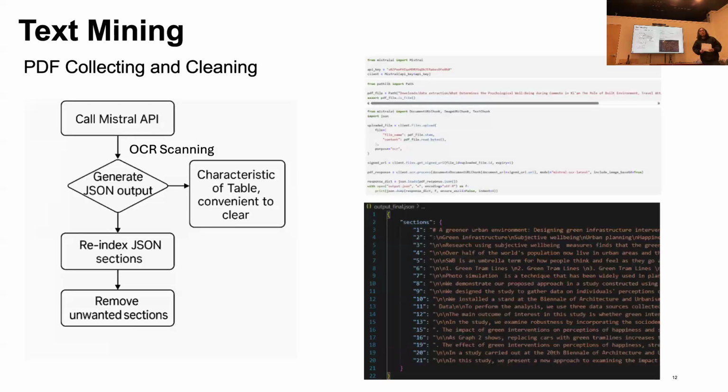Next part, we research text mining. This semester we begin with PDF collecting and cleaning. The input data is 69 PDF papers, and we use the Mistral API with OCR scanning to transfer the PDFs into JSON files, which is convenient for cleaning metadata, references, tables, and images from the input data.